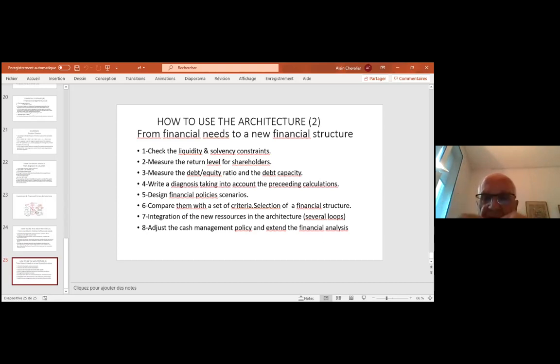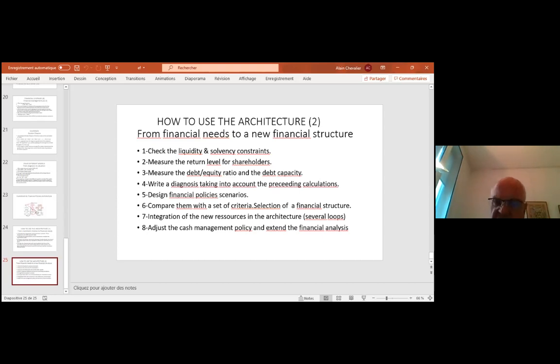And if you go further, which is a bit more complex, you should integrate the new resources into the architecture. That means you have loops. You have to go back to the repayment table. You have to go back to the income statement, to the financial plan, and try to find the right equilibrium. And what you can do if you go to the end of the process is to adjust the cash management policy